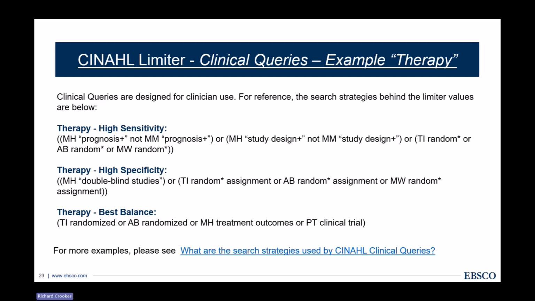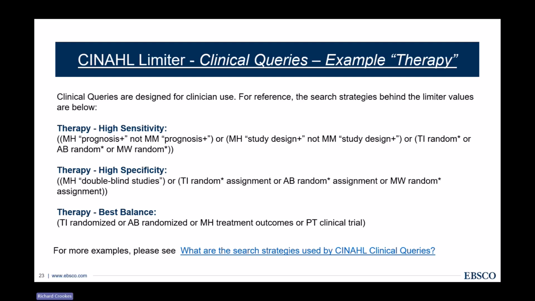You'll see the strategy for high sensitivity, the search string, which factors in the CINAHL headings, also title abstract searching, using the fill codes directly, etc. If you look at the high specificity, you see truncation used there, and also the double quotation marks for double-blind studies. And then also you see with best balance, you've got the use of PT or publication type for clinical